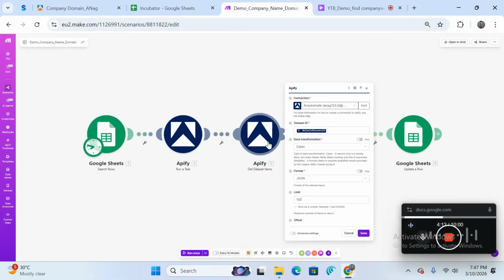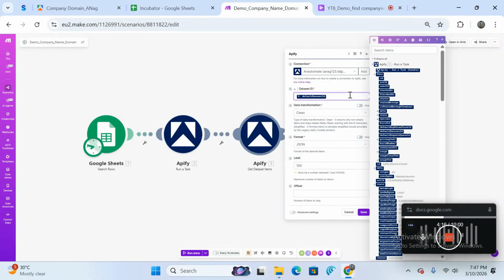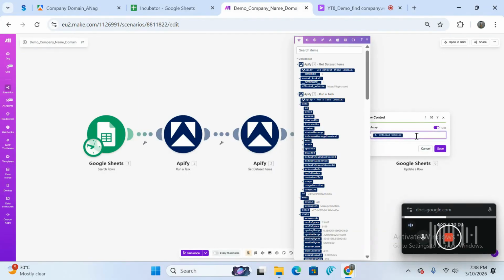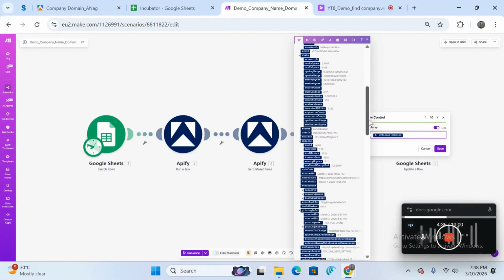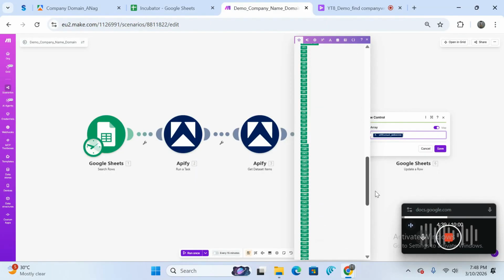Then after you've run it, you fetch the dataset ID. How do you get that? From here, you will go down and you will get the default dataset ID, which is what you need to pick. Once you come over here, it will start vibrating, and this is how you know. You save this, then you iterate. Once you run, it will also give you all the output. So what you need to do is individually run each module and keep on saving it.